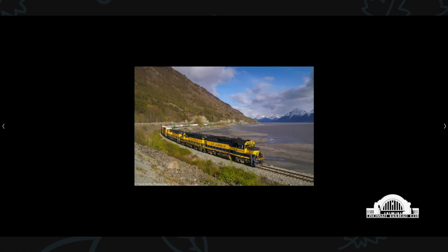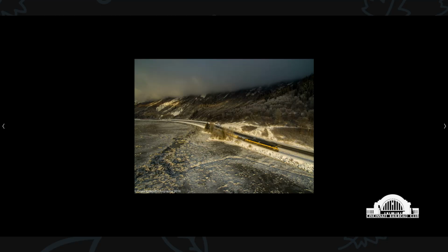This is one of the Whittier trains meeting the passenger train at Rainbow. And although there's not a rainbow here, it is aptly named because frequently there are rainbows here in this area. This is the way the storm builds in the sun. There's a couple of waterfalls nearby that get some mist, that get some rainbows. So moody weather. I mean, you never know what you're going to get in Alaska. It can change on a dime. It could be sunny in the morning, snowing by 2 o'clock, and it could be snowing in June. I've had it happen. I've seen it snow in July up further north, not in Anchorage, but snow in June on occasion. This is probably an April day,